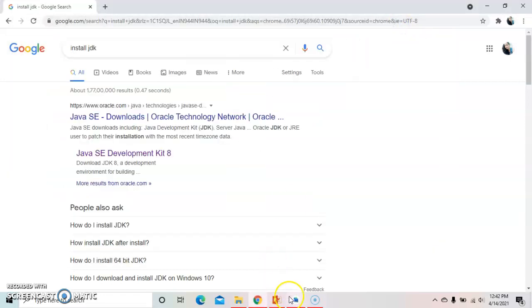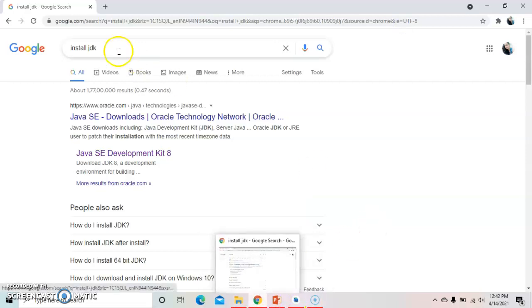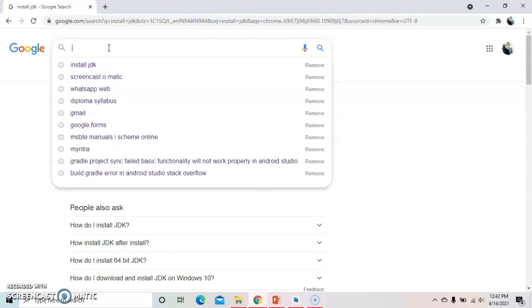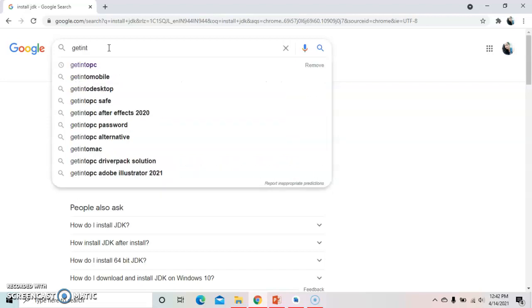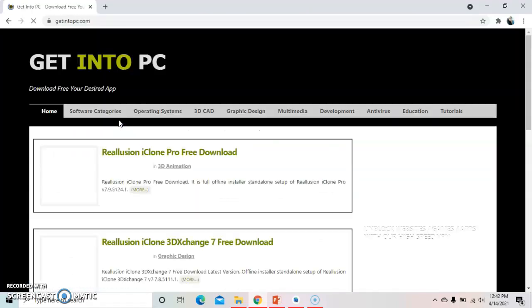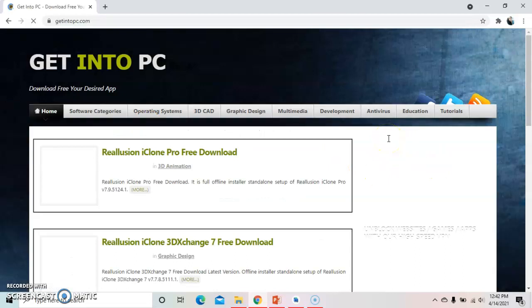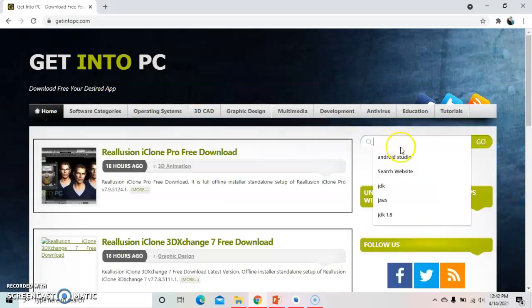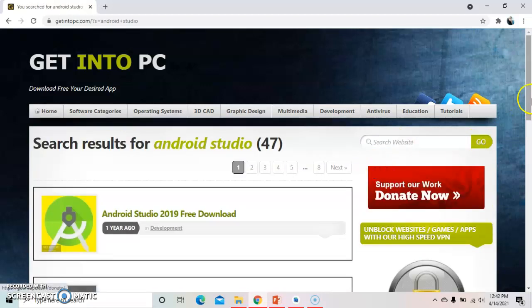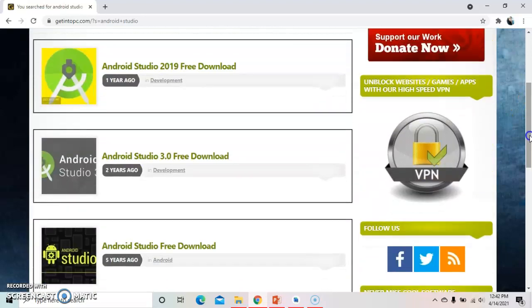Now the next thing we need to install is Android Studio. So how to get Android Studio? You can take it from the official website of Android, or you can go to Get Into PC. Type Get Into PC, click on it, just type here Android Studio, press go, and then this is the second one we need to take.